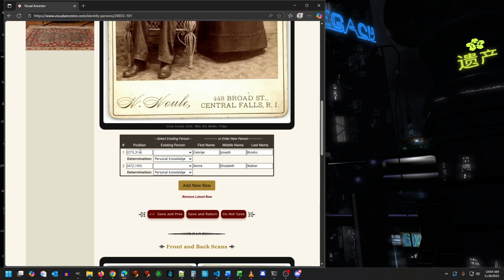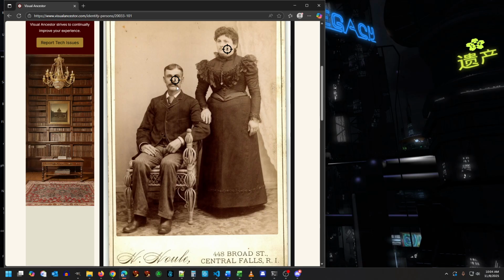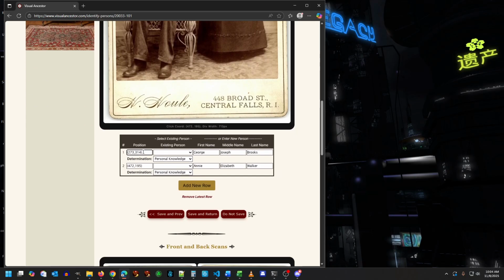The actual first entry, notice, is the set of coordinates that target was placed on the photograph. Don't do anything with that. Just leave it as is. That automatically sets. And then lastly, for each person, notice that I have a place where I can mark the determination, as we've already talked about in previous videos. So here, I'm just going to leave this